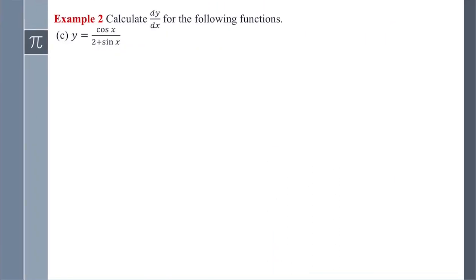Let's look at this function here. Here we have cosine x over 2 plus sine x, so we are going to use the quotient rule. So remember the quotient rule, we have the numerator over denominator. So if we are finding the derivative, it is denominator times derivative of numerator minus numerator times derivative of denominator divided by denominator squared. Okay, so now dy over dx equals, so the denominator is 2 plus sine x